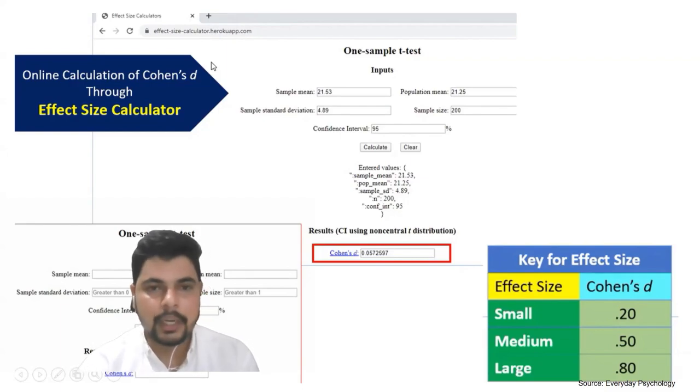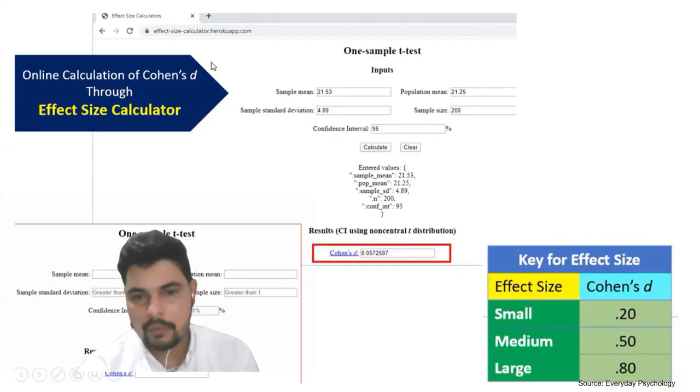You just put the value there, the sample mean we got from the previous table, and then the population mean, and when we click the confidence interval, that is 95%, and in this way we got our Cohen's d value, that is 0.05. And I also add a simple table there. You can see that